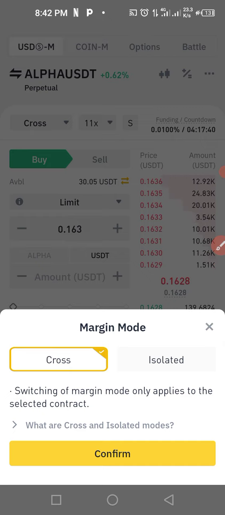What cross means, in layman's terms, is, for example, I have $10 in my future account and I entered a trade, that Alpha USDT, with 1 USDT. What I'm left with is $9, right? Good. So if I enter the trade with $1 and the trade is going on, let's assume the trade is going on on my behalf. My $1 increased to $2, increased to $3, increased to $4. Maybe suddenly the market just changed and